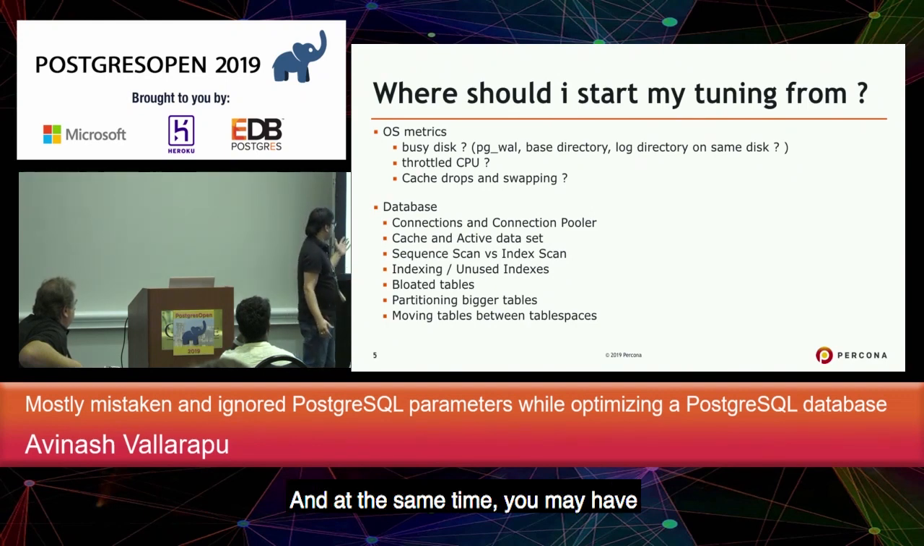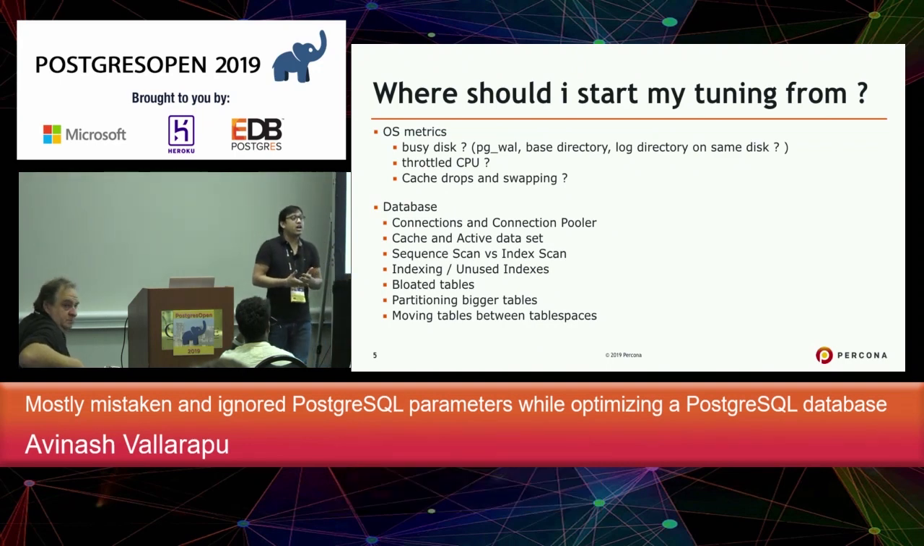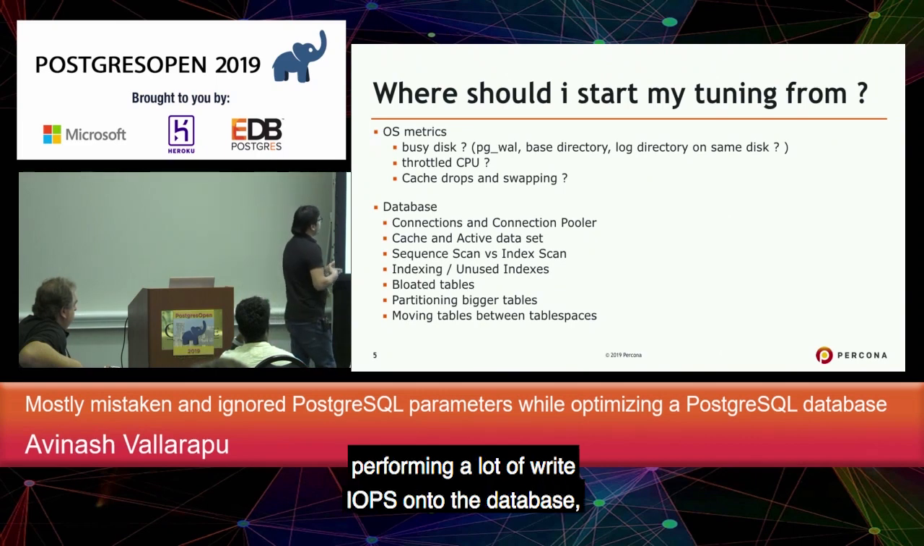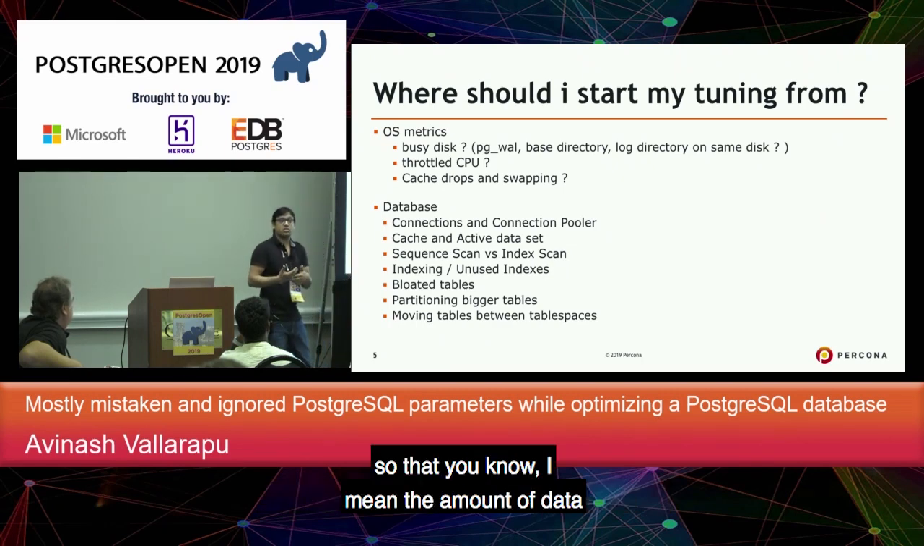And at the same time, you may have several unused indexes, which could be involved in performing a lot of write IOPS onto the database. And at the same time, bloated tables: you may identify bloated tables and vacuum them to improve performance. And you may partition bigger tables so that